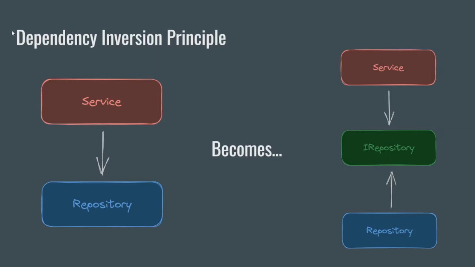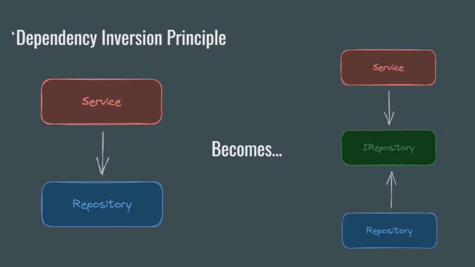But let's say I wanted to use a different repository. Now in this different repository, it would also be a car repository, but it wouldn't take in a car object. It would just take all the properties of a car, and it would return its ID. Now the service uses a different repository, but it doesn't work because the contract changed. This is something we try to eliminate with dependency inversion principle by making the service depend on a contract. So if you look at the right side,